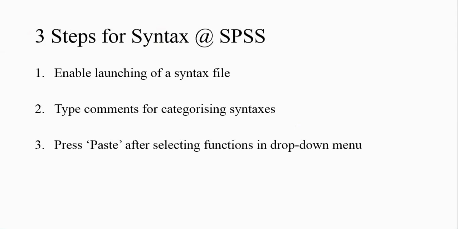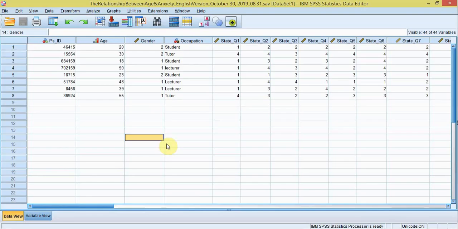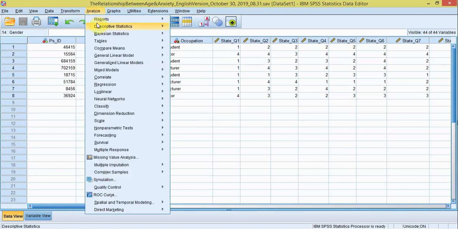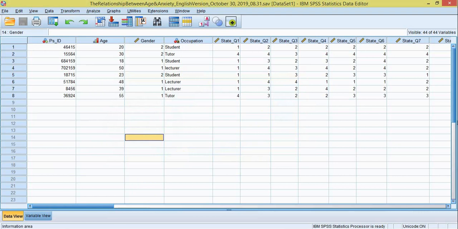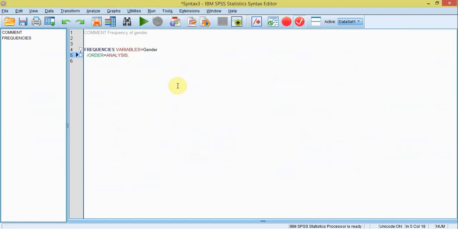And here's an example of how to do it. For example, if we're interested to know the frequency of gender in our dataset, we need to click Analyze, Descriptive Statistics, Frequencies, and then we select the variable, what is your biological sex. To this box, we need to click Paste. As you can see, the command now has been automatically pasted